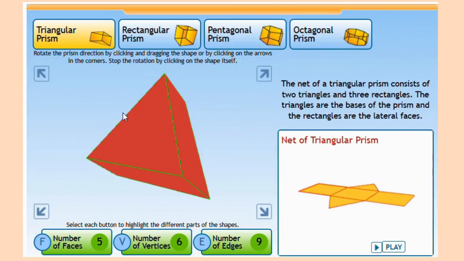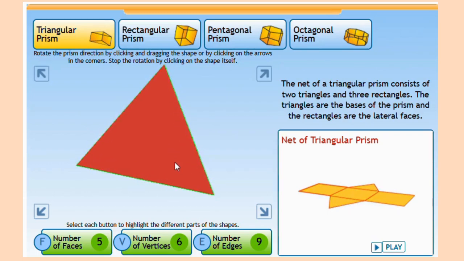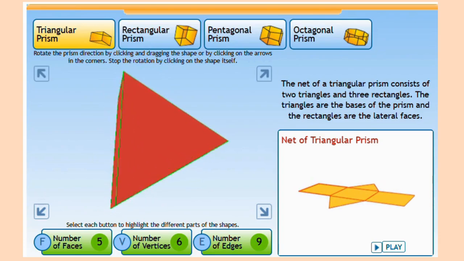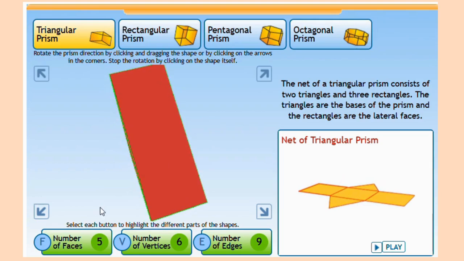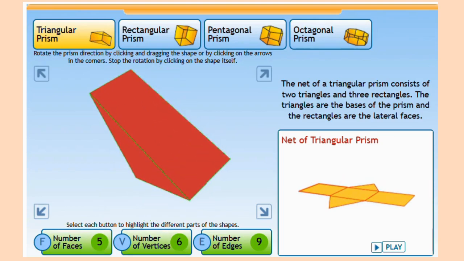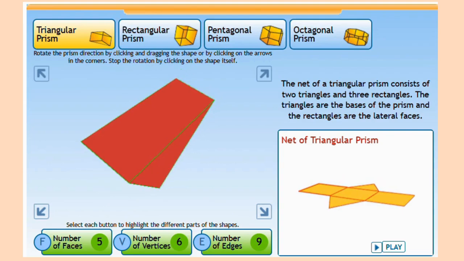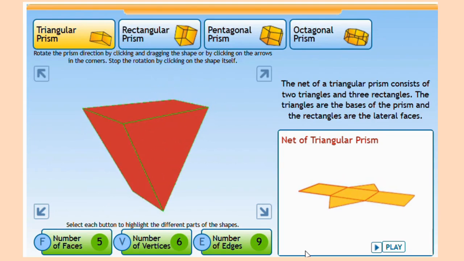For the triangular prism, you will see that it has a triangle on the one side, and exactly on the opposite side, it also has a triangle. These two triangles are connected with three rectangles, and this is how you identify a prism, by having two shapes